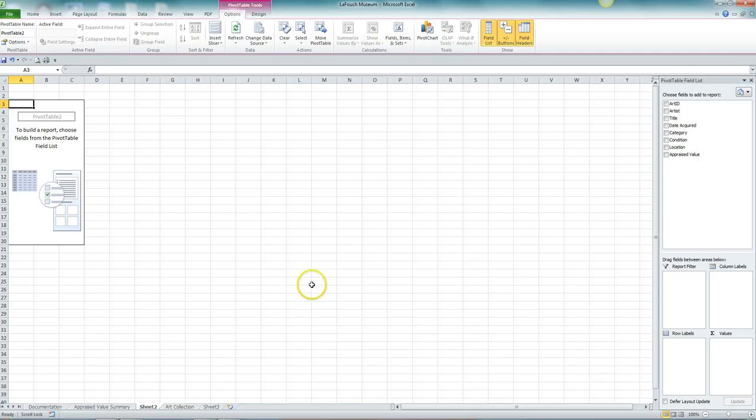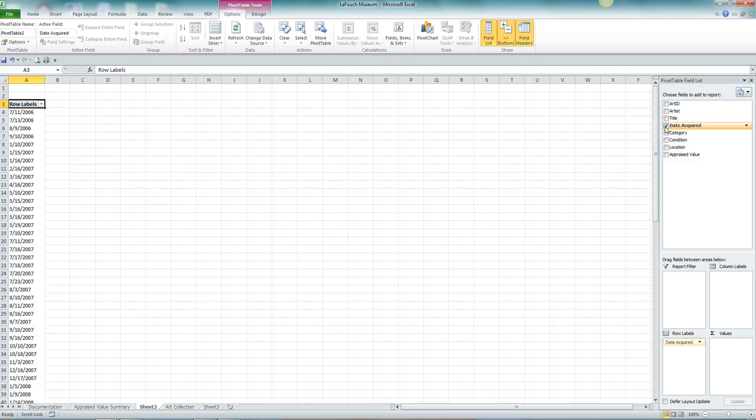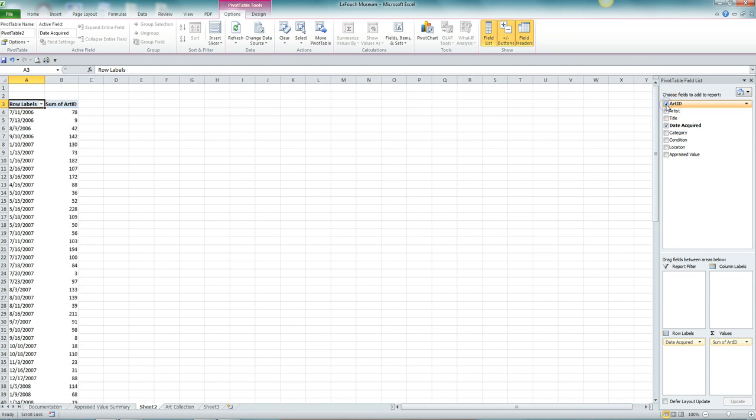In the pivot table field list, click the Date Acquired checkbox. The Date Acquired field appears in the Row Labels box. Each unique date appears in the pivot table report area. Mary wants each year to appear as a row label. You'll correct that shortly. 5. In the pivot table field list, click the Art ID checkbox. The sum of Art ID appears in the Values box in the Layout area. Because the Art ID field contains numeric data,